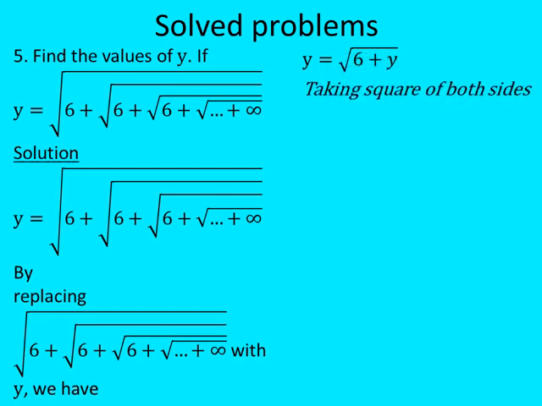So taking the square of both sides, we have y square is equal to 6 plus y. Of course, the root of 6 plus y square will give us 6 plus y. So we have y square minus y minus 6 is equal to 0, and this is a quadratic equation. So I personally like factorization method, so you can use completing the square method, or you use formula method. So by factorization, we have,